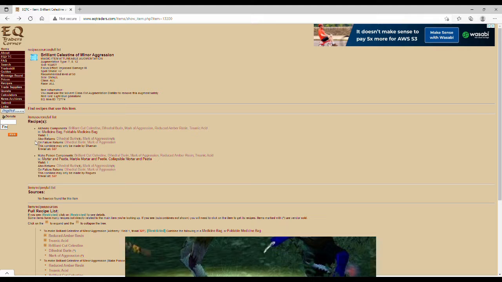Have an alchemist or a shaman do this final combine. You'll have a better chance of a successful combine. You'll still have a good chance with a rogue with a +5 modifier, but you have a better chance with an alchemist. So to make the Brilliant Celestine of Minor Aggression, you need the cut aug here, and you need